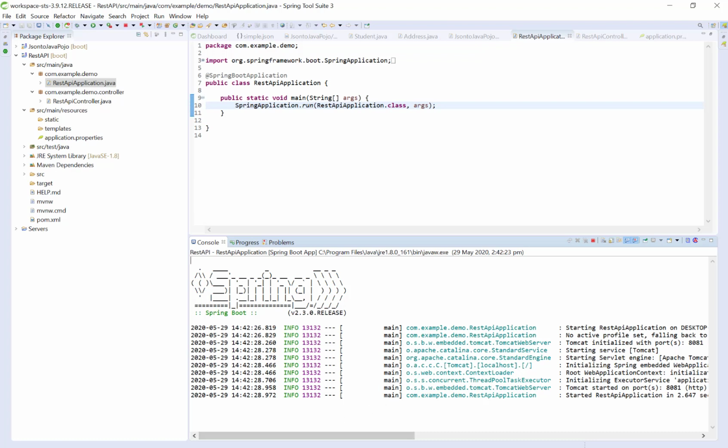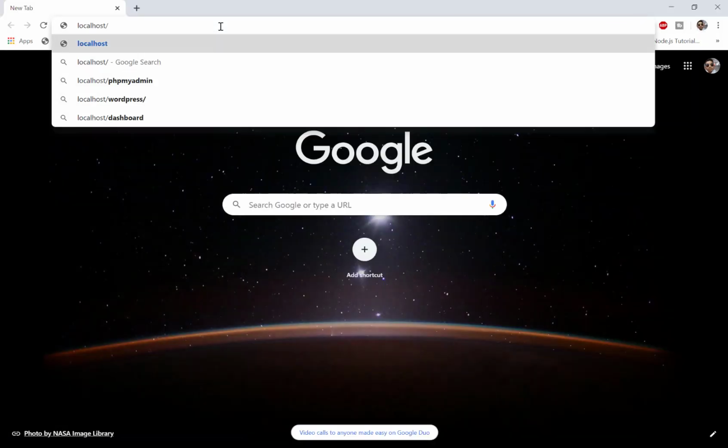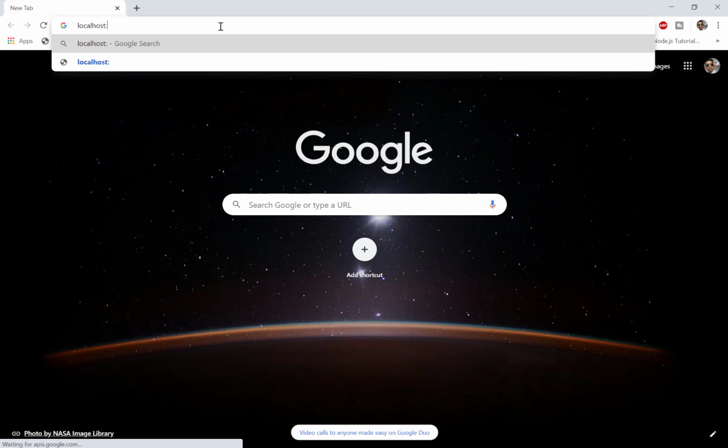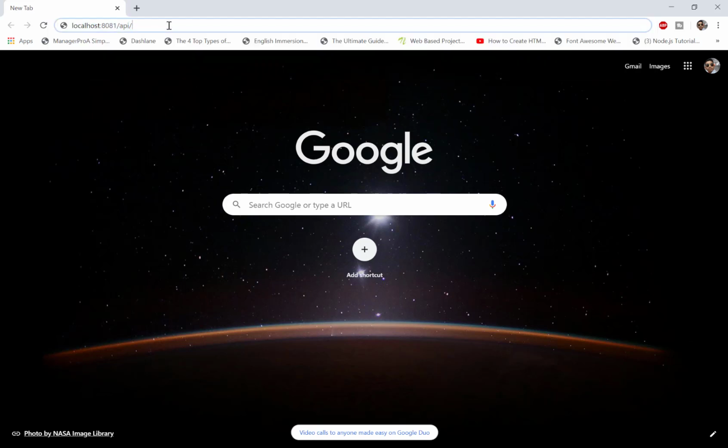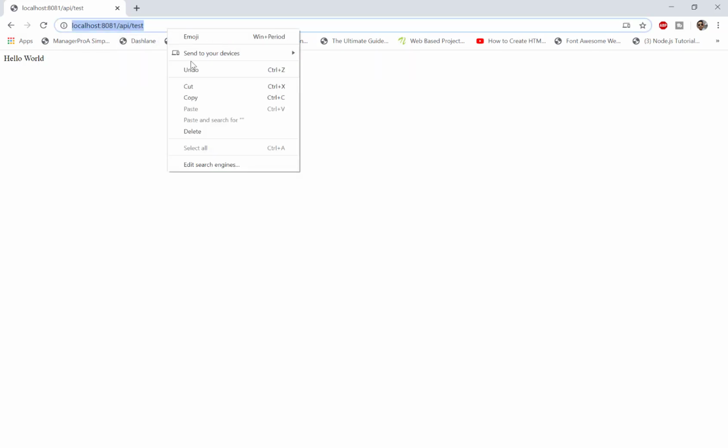Now I need to go to the browser. Here I need to give the URL localhost:8081/api/test. See here, we got the hello world on the browser. Now I will copy this URL